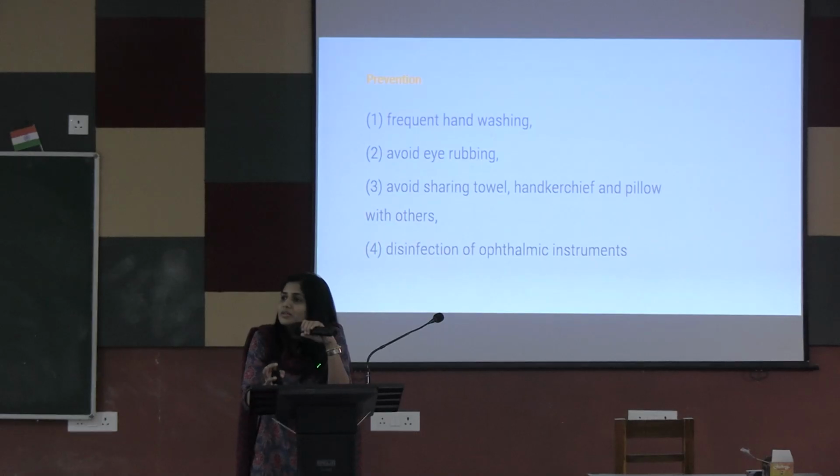Also, if there is a patient with conjunctivitis, what kind of isolation precaution is to be taken by the healthcare worker? Contact isolation precaution, right? Especially in case of nasal or chlamydial conjunctivitis. What are you supposed to use? The most important personal protective equipment for this. What is it? Gowns and gloves. Gloves first and then gowns if required. Okay.